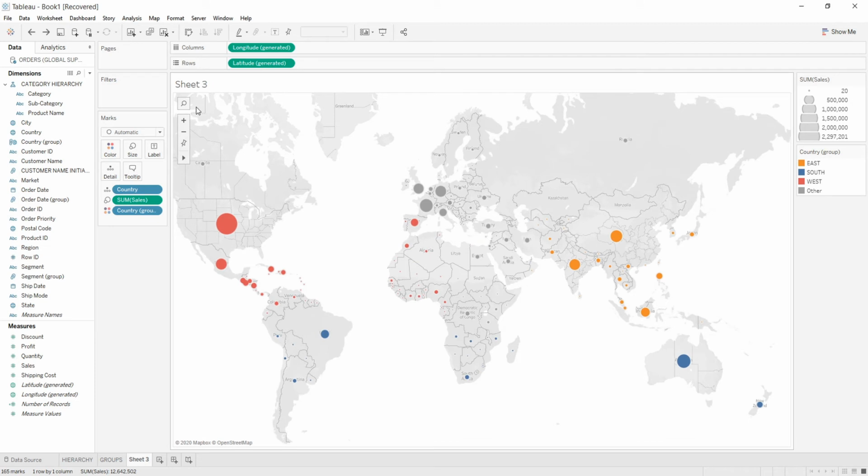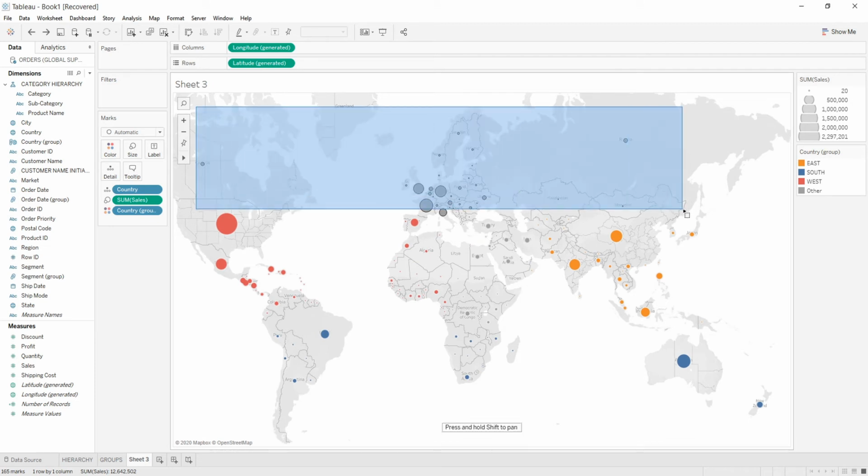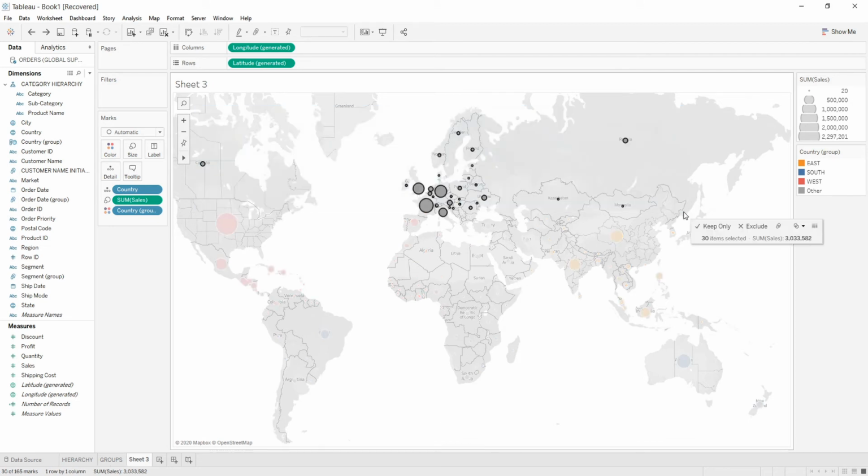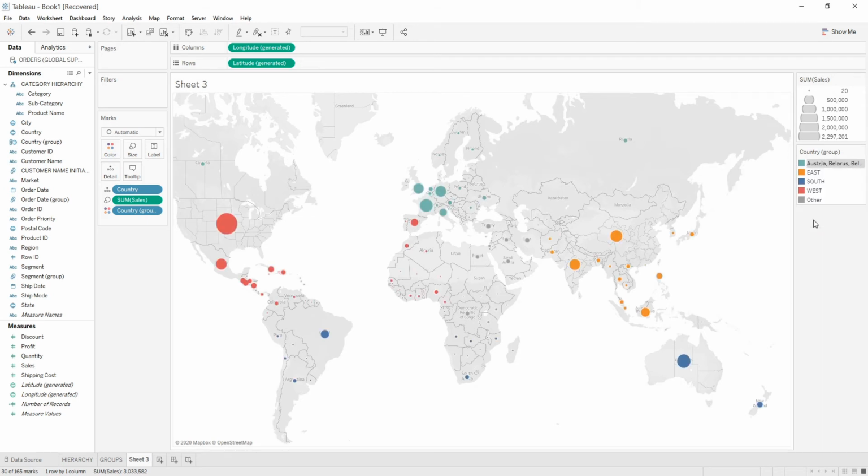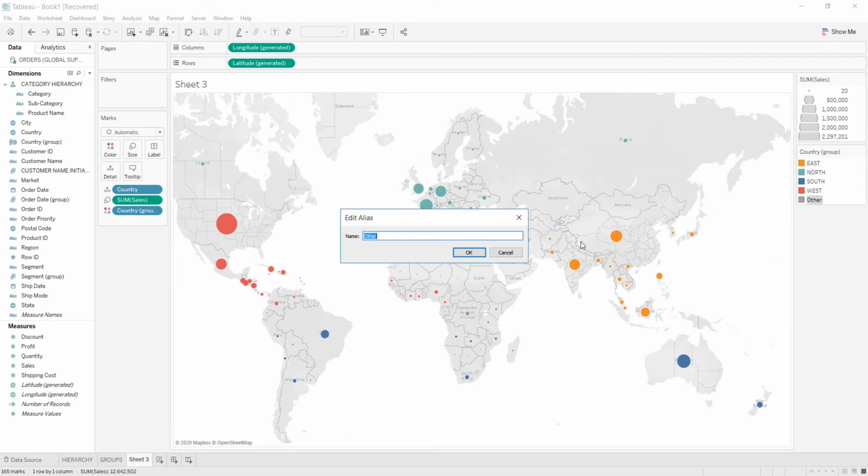And then we have to select all the values that are present at the north, and we can either click on this paperclip button or we can right click over it. Further clicking on it, these values will be added in the previously created group and we can give it an alias as north. And the rest of the values which are present in the group and that are other will be aliased as center values.